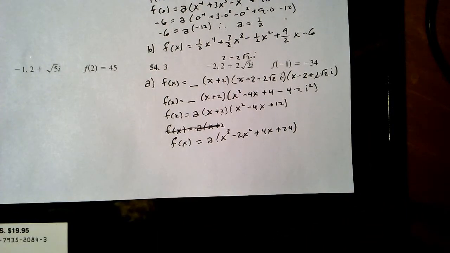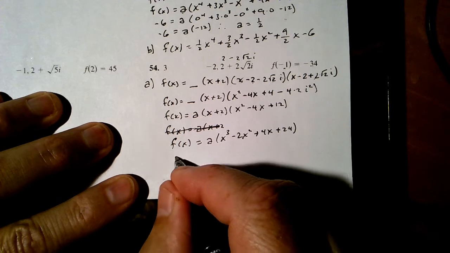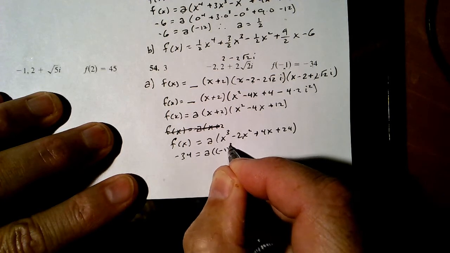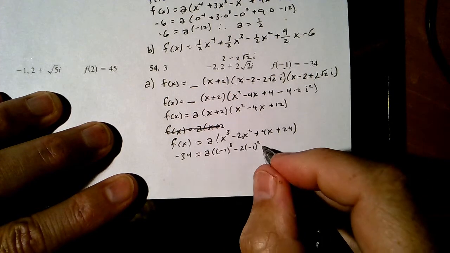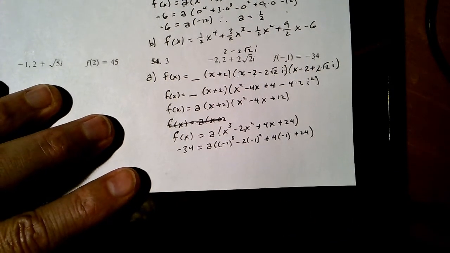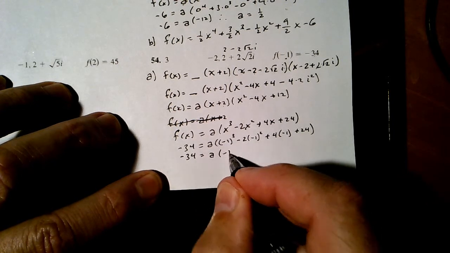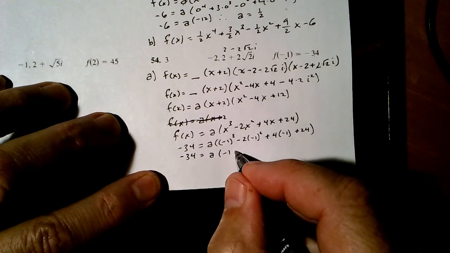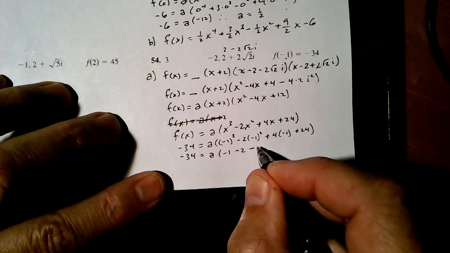And now, a little bit rougher than the last one, they tell us when we put negative 1 in for x, we end up with negative 34. I need negative 1 cubed minus 2 times negative 1 squared plus 4 times negative 1 plus 24. Or negative 34 equals a times, that would be negative 1. Negative 1 cubed, negative 1. Negative 1 squared is positive 1 times negative 2, minus 2. 4 times negative 1 is minus 4